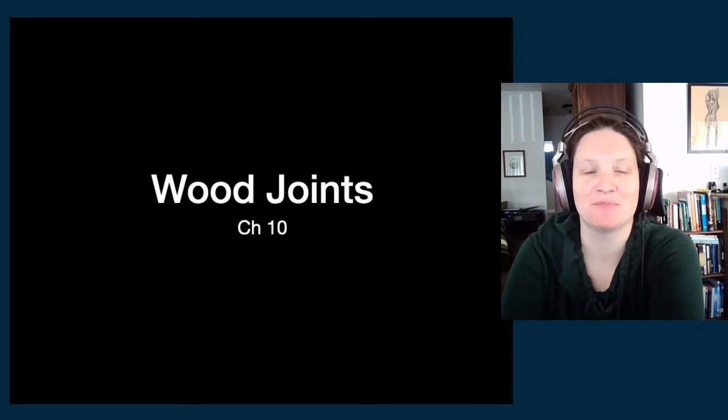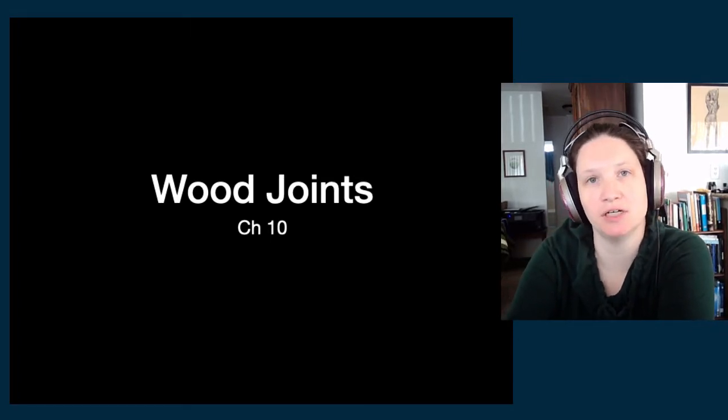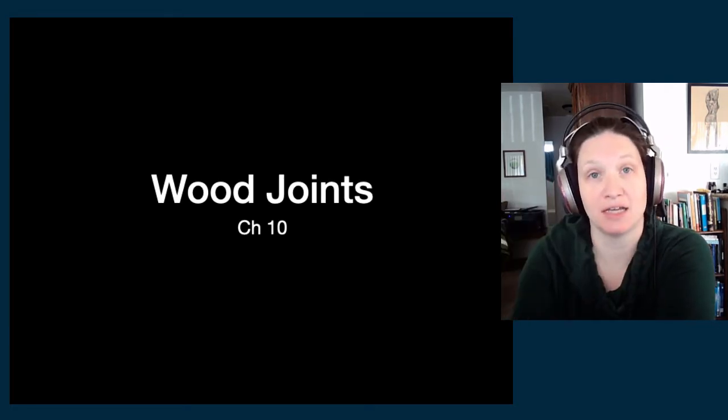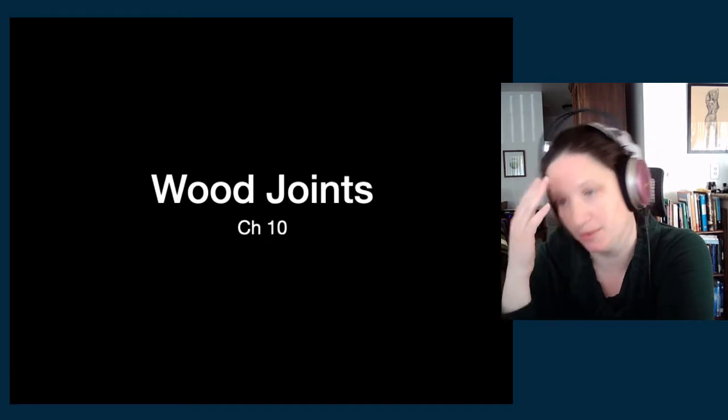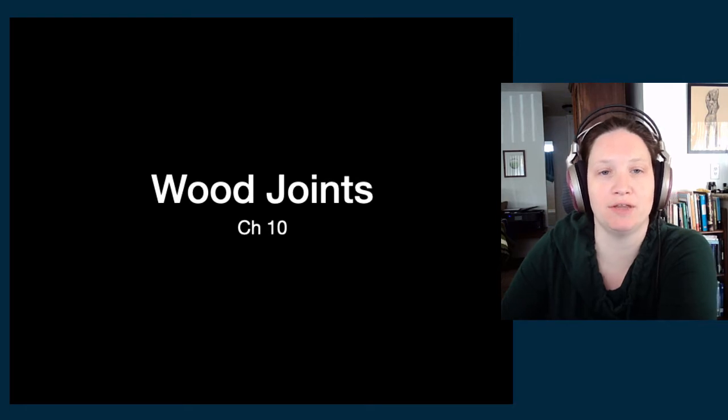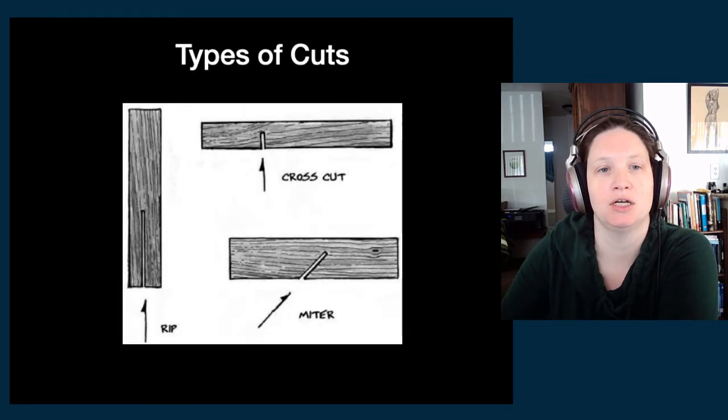Hey friends. Okay, so now that we've talked about materials and fasteners, let's talk about the basic connections, the basic joints, joinery for wood, and then we'll talk about scenic construction of flats, which are the walls, right, in our scenery layout, okay? So to begin with, and this is in chapter 10 in the book,